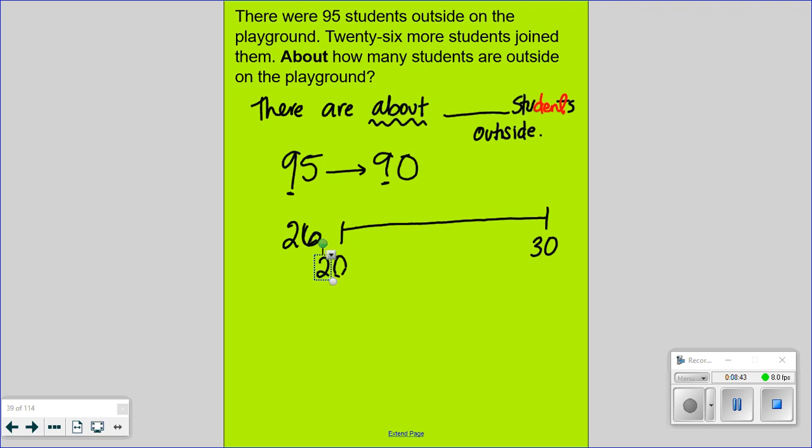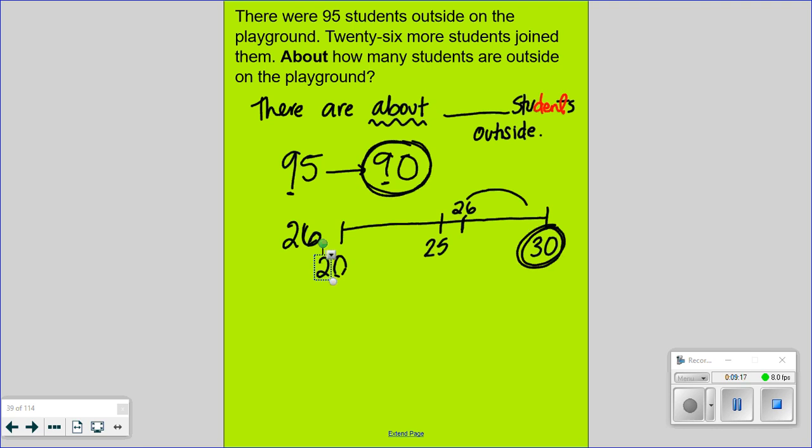What would be the midway point on this number line? 25. Well, where would 26 go now? A little above 25. A little past 25. So 26 might go there. Which means 26 is going to round to what number? 30. So that means we've got about 90 kids, and then about